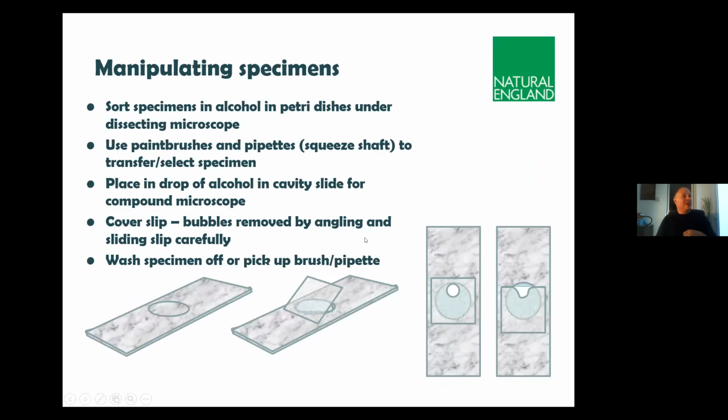In terms of how you can manipulate a specimen, it is always worth being able to move a specimen around, see if you can roll it over, see if you can see both sides. The key, I'm afraid, does talk about features that are seen on both sides of the creature. So having sorted it out, if you can transfer one into the well on the well slide and drop the